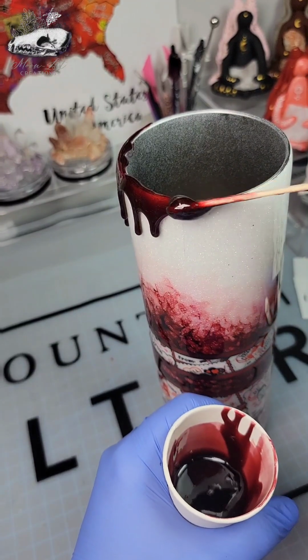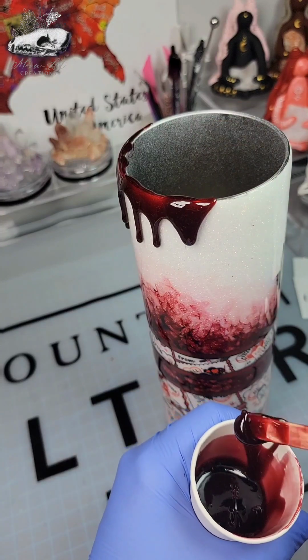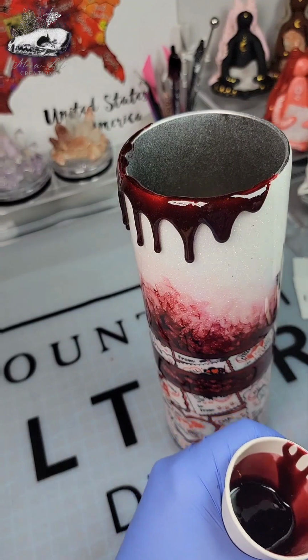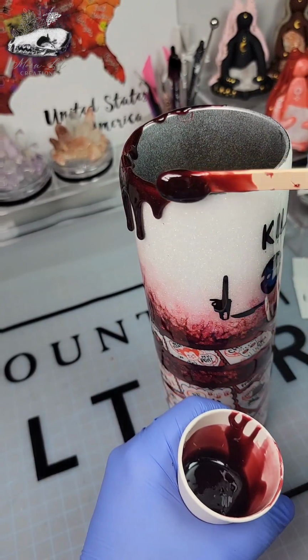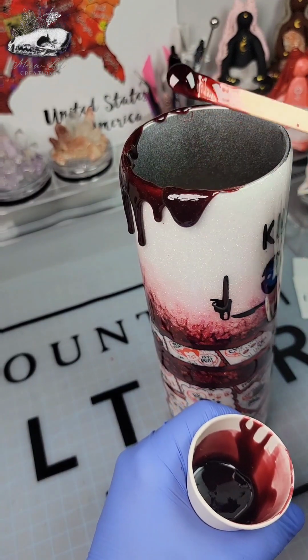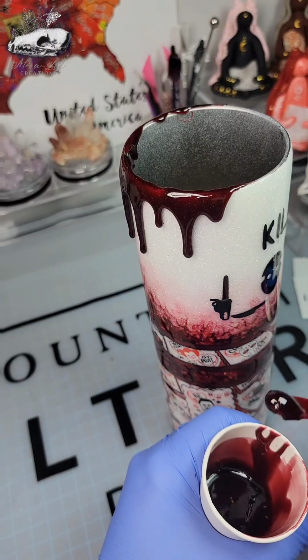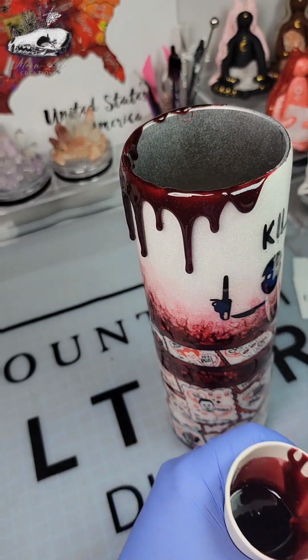Now, you always want to start on the side of your cup and work your way around because your first few drips are going to be the longest drips. And you don't want that to be right on the front of your cup to mess up your design. If you want bigger drips, put more of the epoxy on your popsicle stick and it'll be bigger. If you want little, as you could tell right there, I just used a leftover on the popsicle stick and made a little